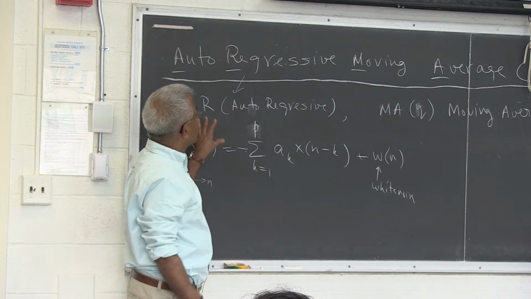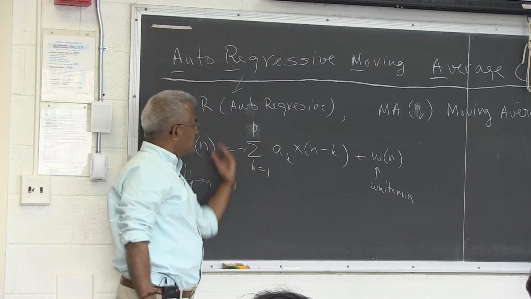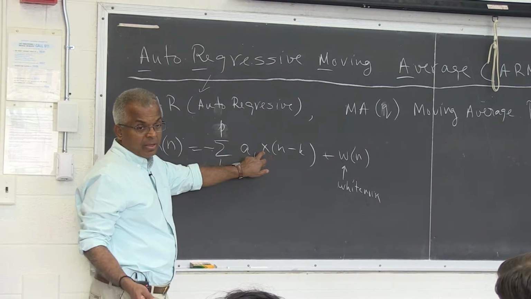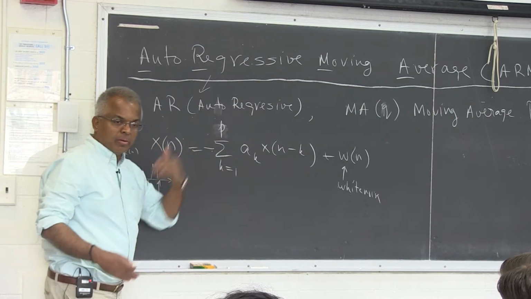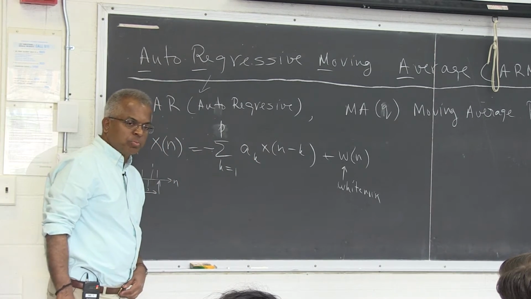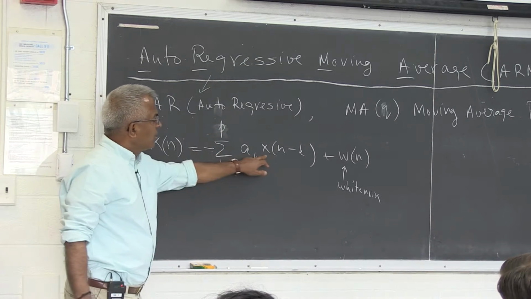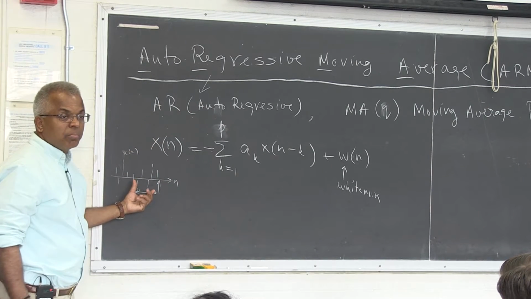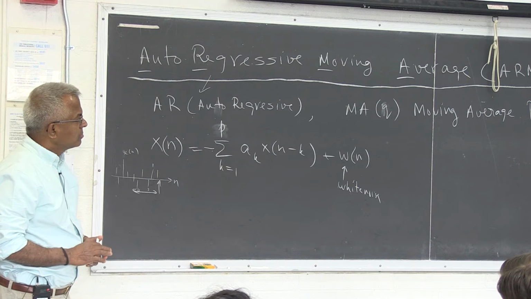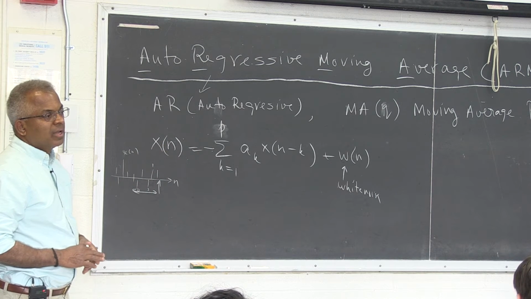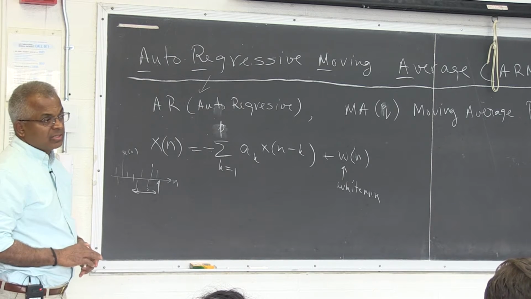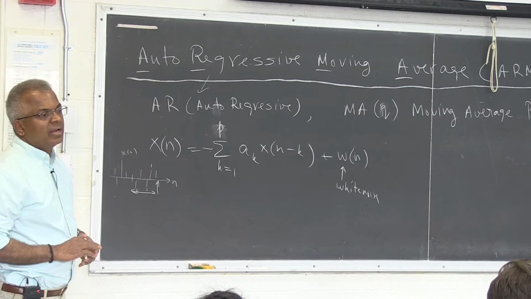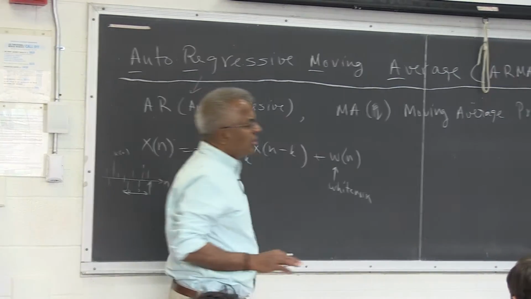So if a process can be modeled like this, this is a regression on itself. That's what auto means. In other words, the regression is not on y. The current value is regressed using the previous p values. So you can say this has got a p-step memory, if you like. If a process can be represented like this, then we call it an autoregressive process. Then the question is, is this white and stationary? Does it have a linear time invariant representation, etc.? Let me also write down